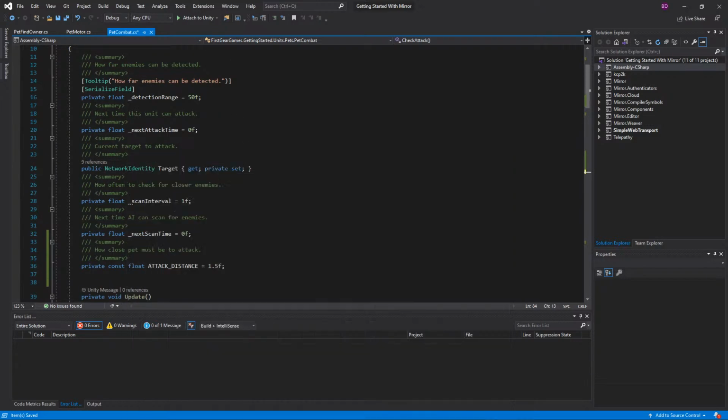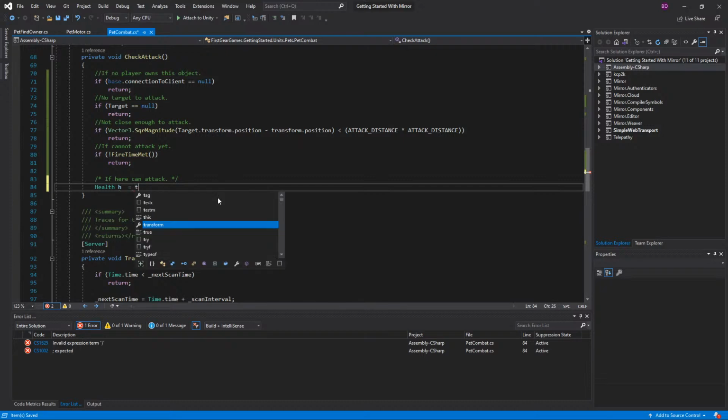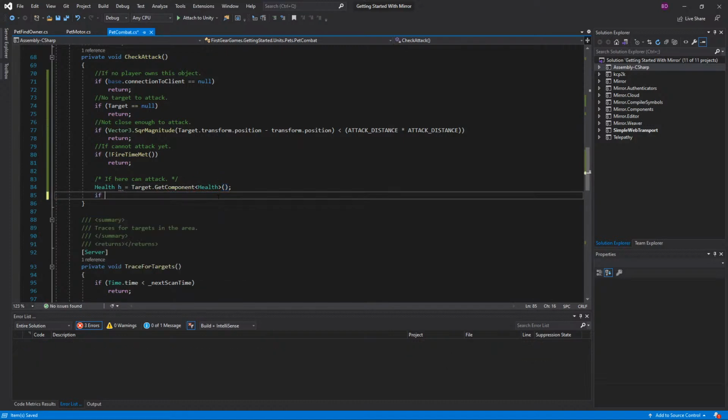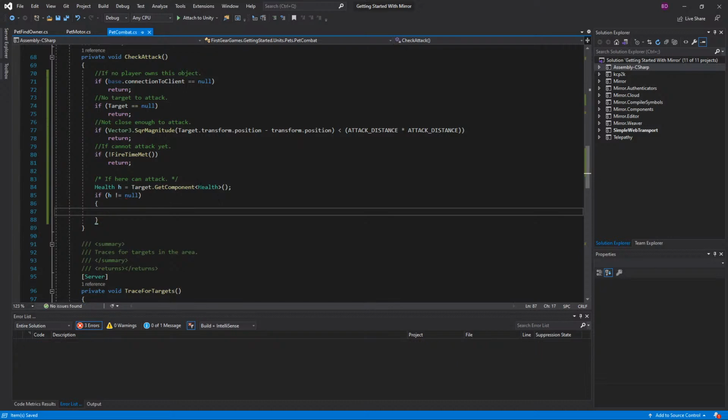The target is a network identity. You can cache the health component if you want, because ultimately that's what I need to access, but I'm just going to grab it on the fly, for example, because this is only going to be done like once every second or so, so it's not really a big deal. Health h equals target.GetComponent Health, and if h doesn't equal null, which there's no reason it should equal null,